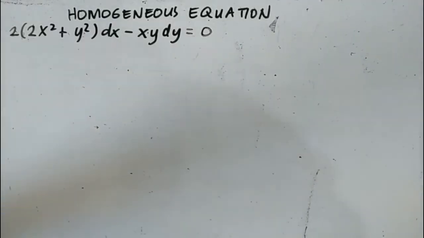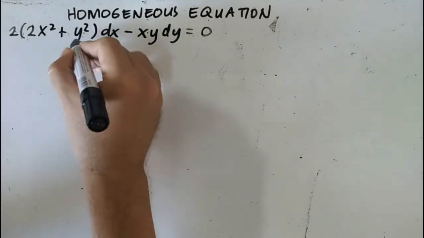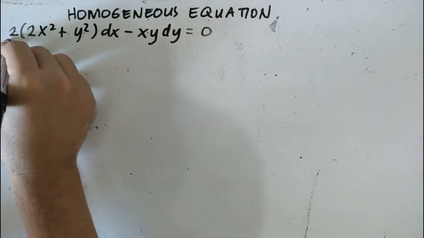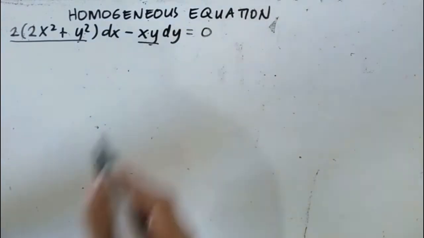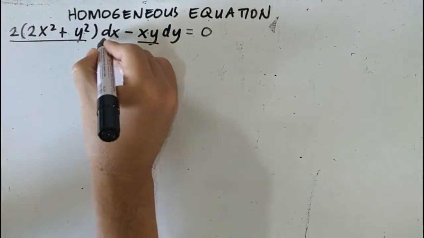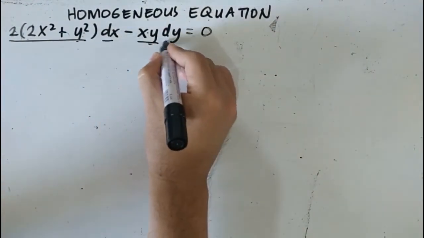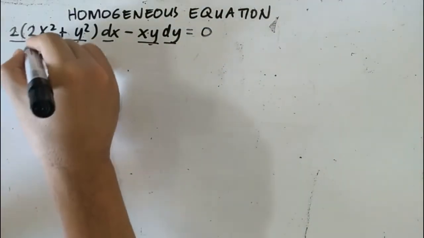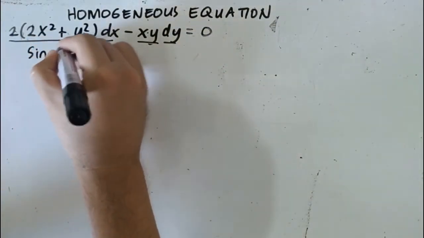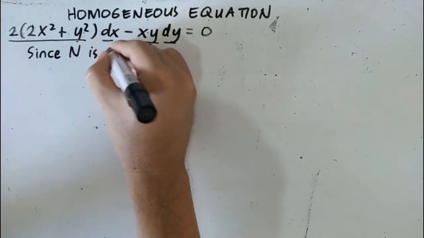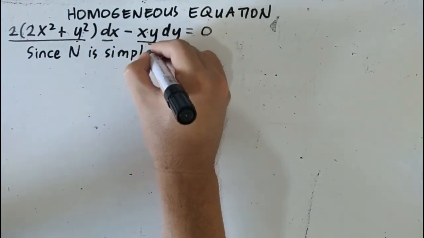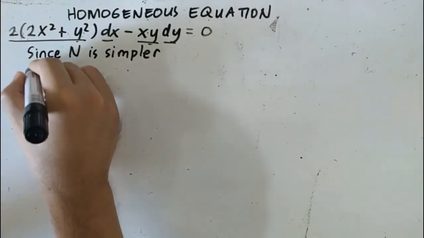In the first example, we have 2 times 2x squared plus y squared dx minus xy dy. This is our M, and this is our N. M is the coefficient of dx, and N is the coefficient of dy. Since N is simpler, as you can see, which is very obvious, we use the substitution